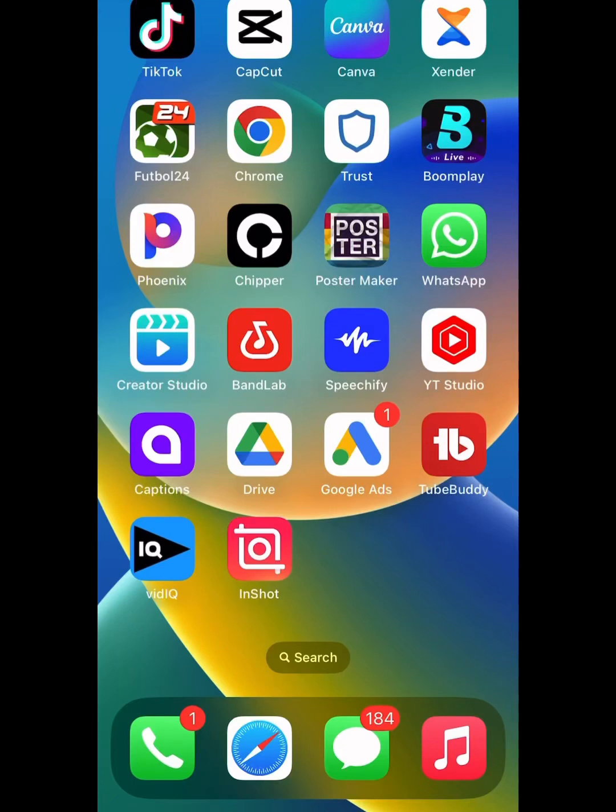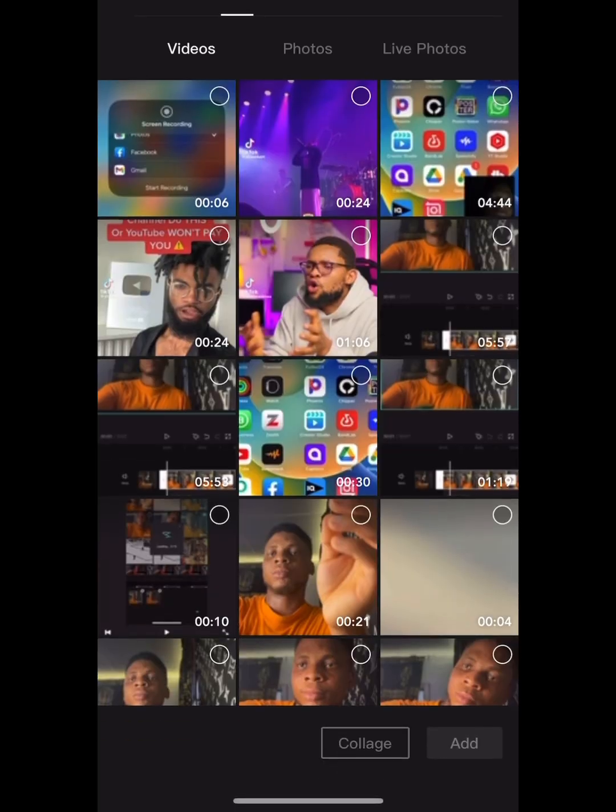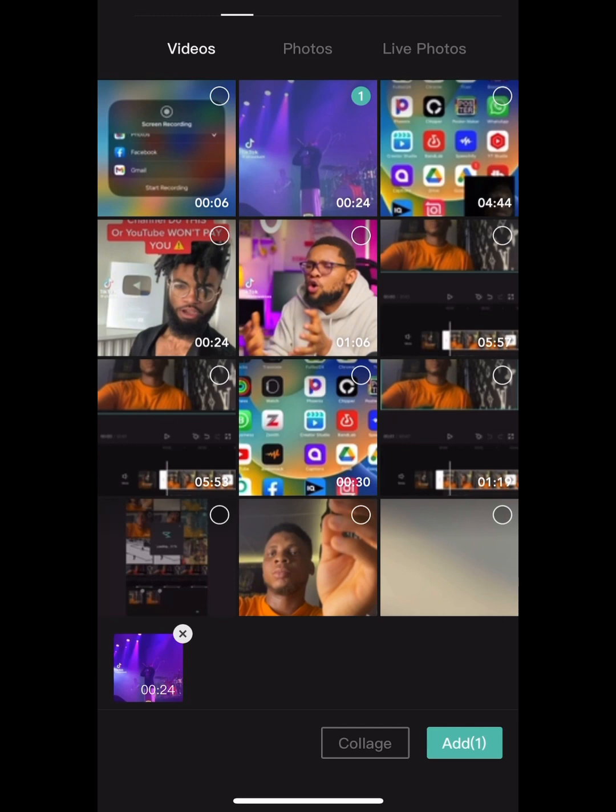We're going to learn how to add text to videos, everything concerning how to add text to video. So you head to the CapCut app, you click on new project and select the footage you want to edit. You click add,